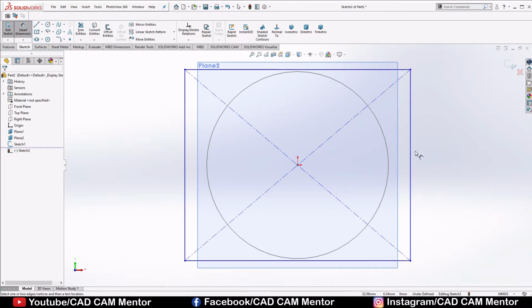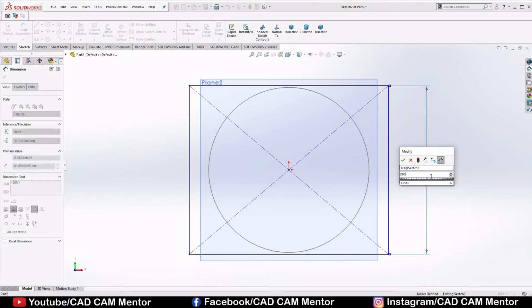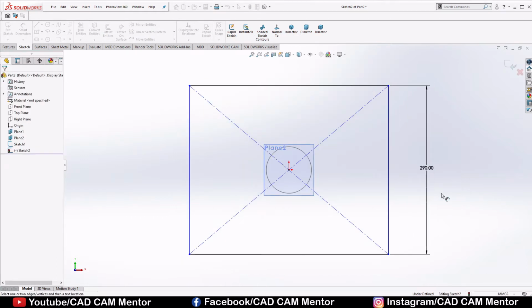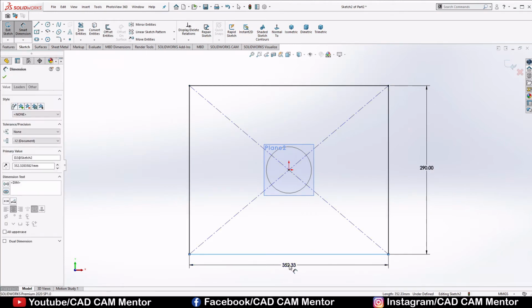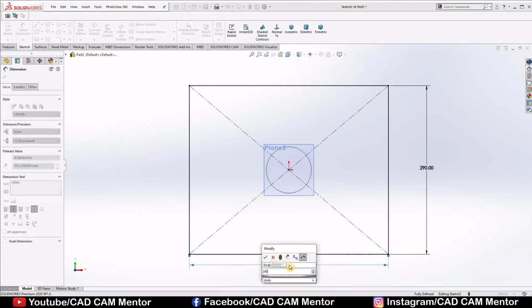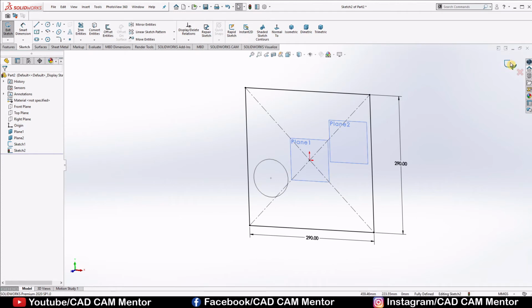Again select Smart Dimension, select this line and put length 290 mm. Again select this line and give length 290 mm. Select Exit Sketch.